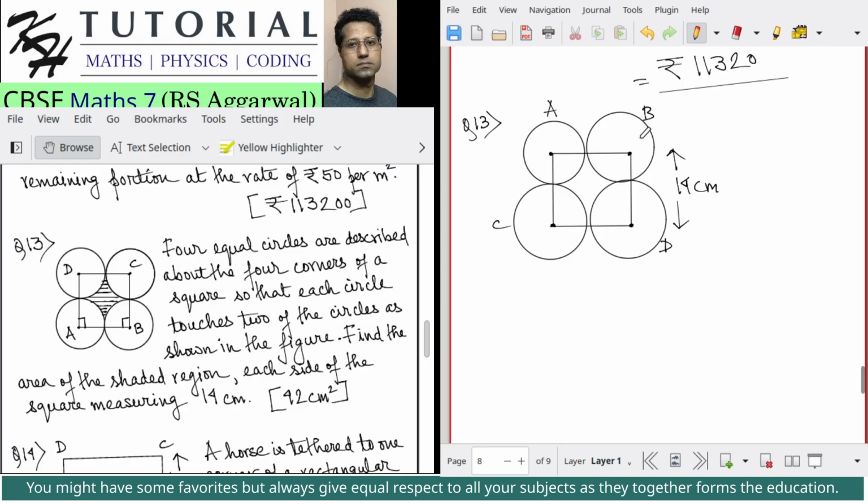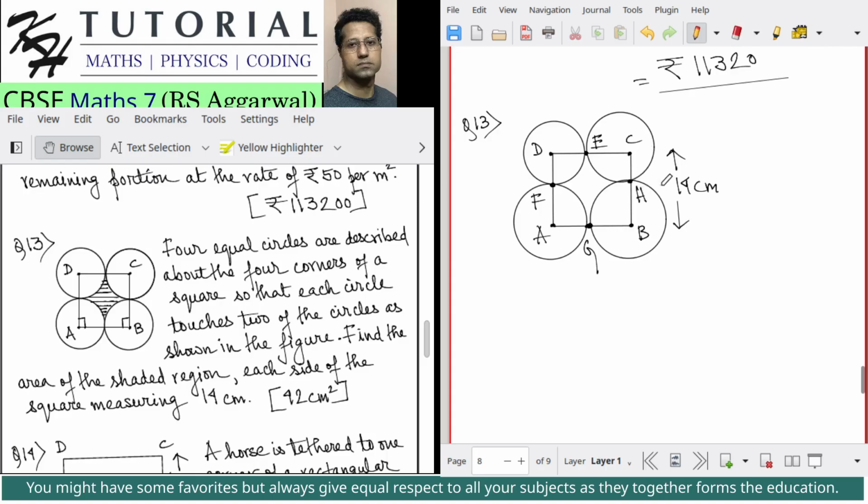No, not A, B, C, D, because the square is given as A, B, C, D. Now the circle centered at the vertex D and the circle centered at C, these 2 circles are touching at the point, let's say, E. Similarly, the 2 circles centered at D and A touch at the point F, and the circles centered at the corners A and B touch at the point G, and finally the circles centered at the vertex C and B touch at